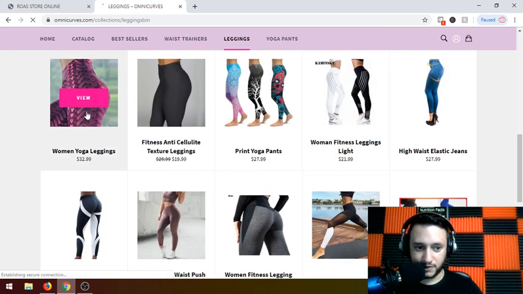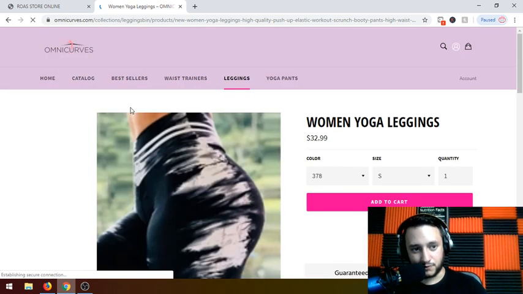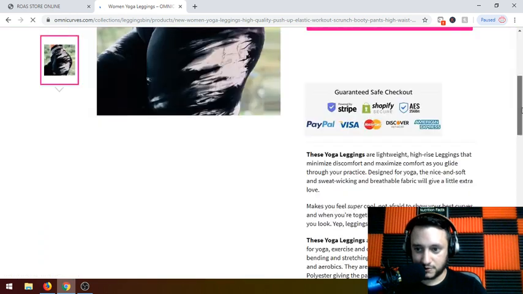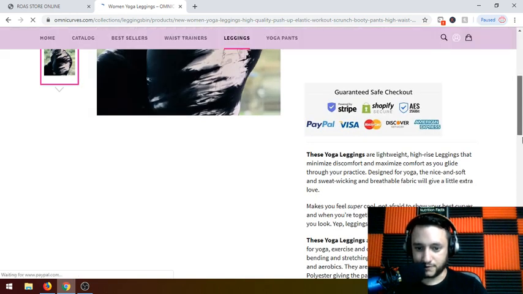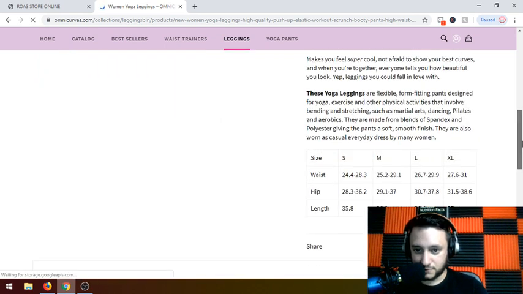These are selling it more like our price, for $32.99. And this looks like a yoga theme store. See, there's congruency too. They have their logo, they have their color schemes. All right, here we go. They have a nice